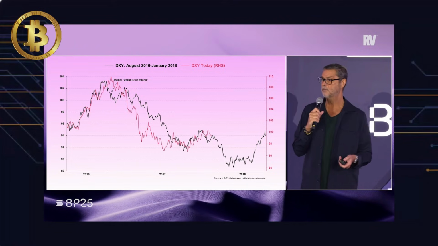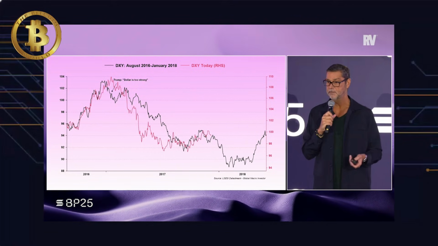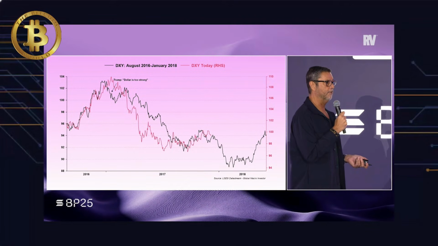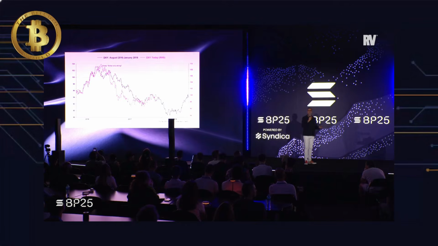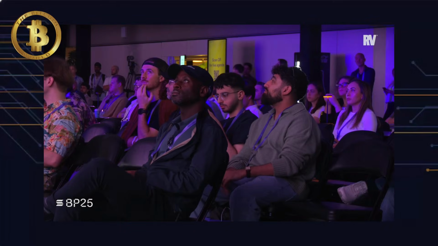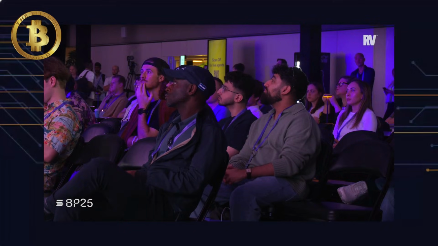Here's the dollar last time Trump was in versus this time. It's scarily the same. It would suggest that we probably have another leg lower in the dollar, which would give us another leg in financial conditions, which means that the cycle extends to the end of 2026, which is why I keep saying it's a longer cycle than people expect.